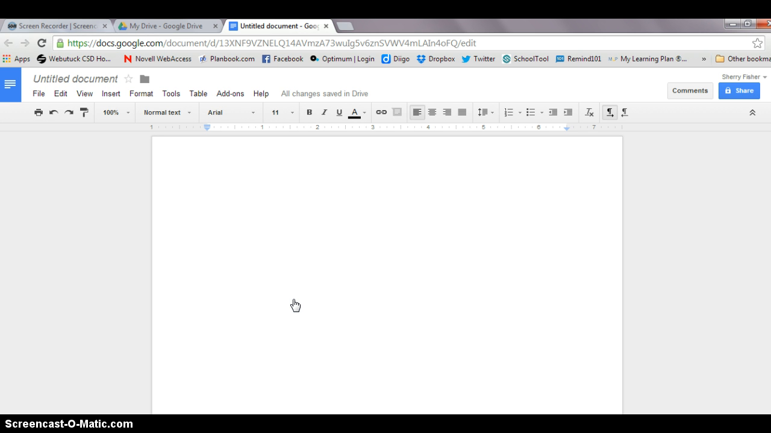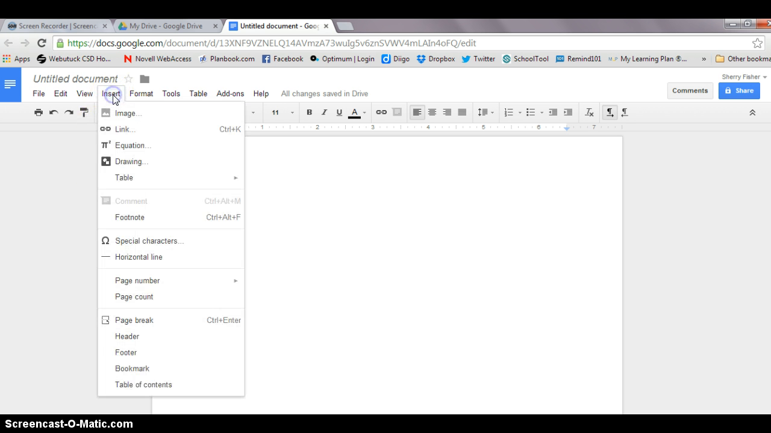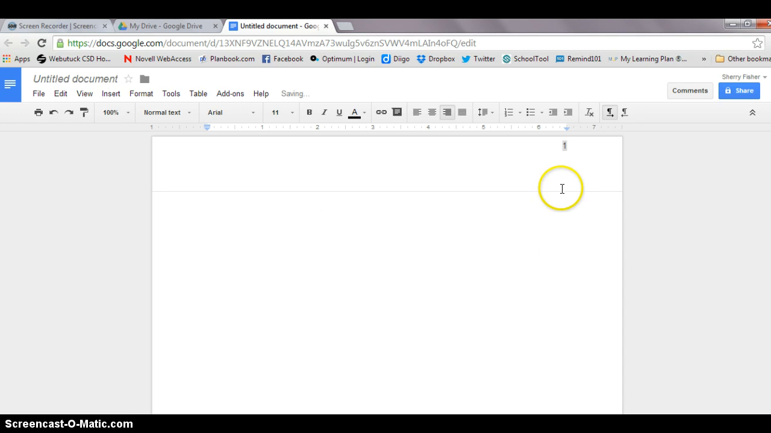Now, the next thing that I would do is to make sure I've inserted my page numbers. Again, go up to Insert, go down to Page Number. Page numbers are always found at the top of the page, and the default should have it on the right hand side. Notice that the number 1 appears and that my cursor is blinking after the 1. Use your left arrow key to place your cursor in front of the 1. Then type your last name